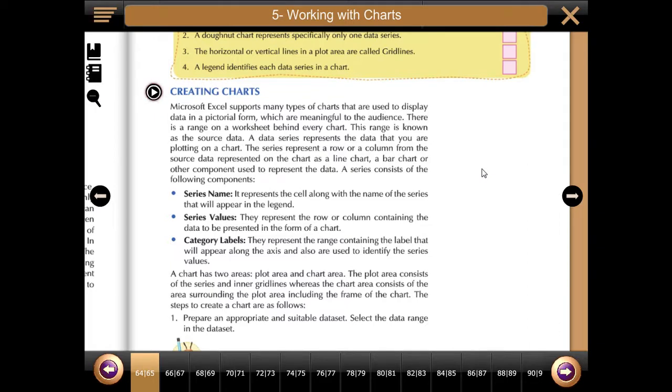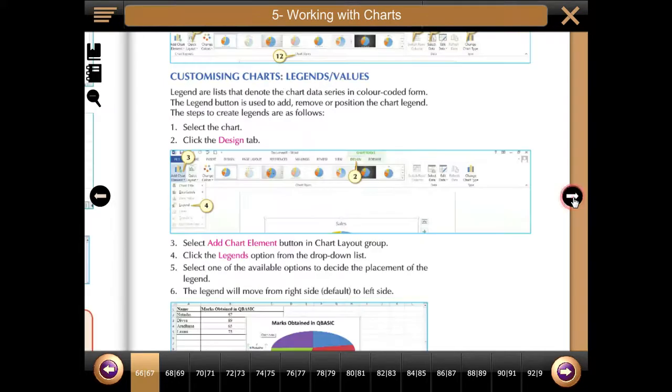So these things we are familiar with here. Now the next topic, these are the steps. The same steps we had learned.